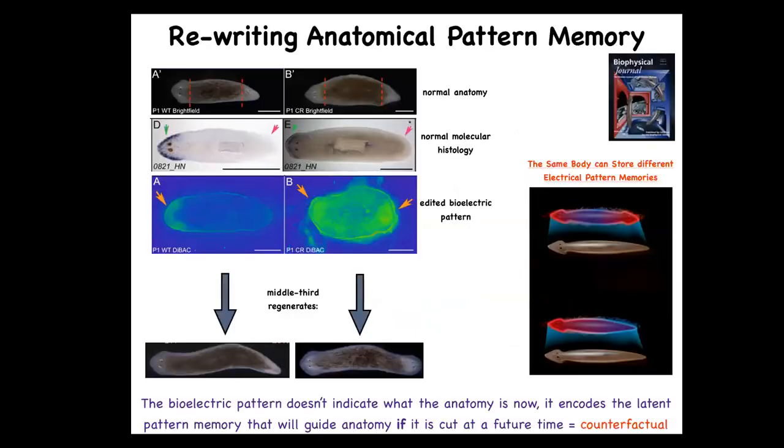I want to quickly move to another system to really hit hard this idea that I mentioned before, which is that there is literally an encoded representation within tissue of what to do if you get injured. In other words, the target anatomy is represented in the tissue in some way. There is literally a goal represented in the biophysics of the body. And I want to show you that we can now see those and change those, at least to start, to some extent.